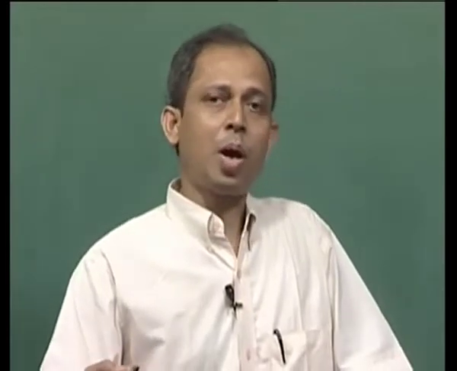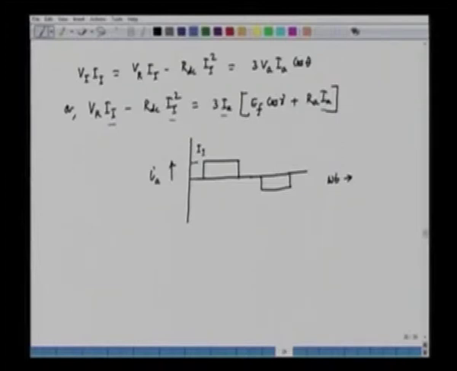Now, this quasi square wave current will have a fundamental component and many harmonics. We ignore the harmonics because harmonics do not contribute to the fundamental torque production. When we are talking about the average torque production, we are only concentrating on the fundamental component of current, and that has to be derived. So, this can be broken down into a fundamental component of current, which is sinusoid,